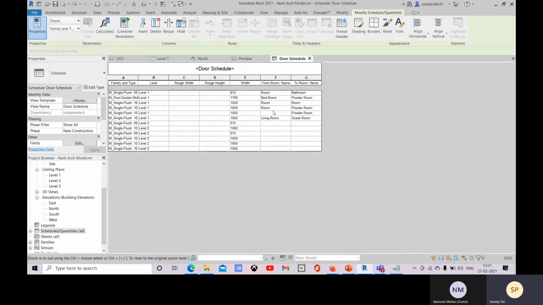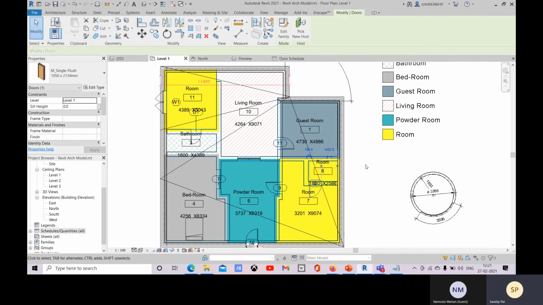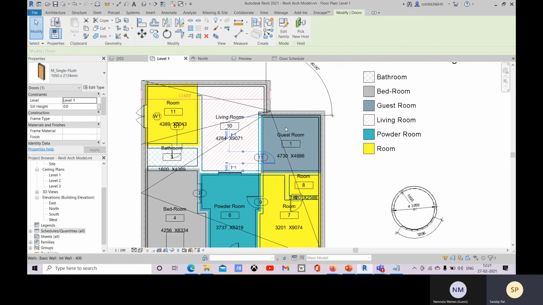Now here you can see that this is from this living room to this, right, bedroom to powder room is there. Okay, and this is the type.